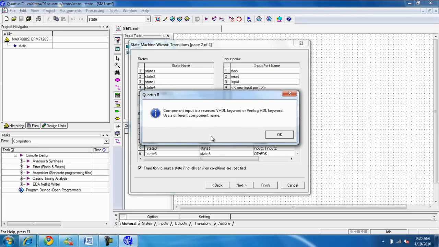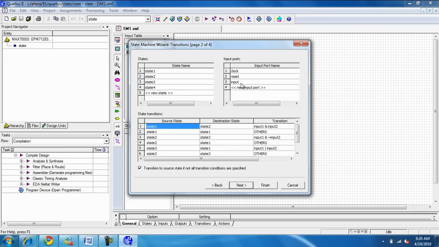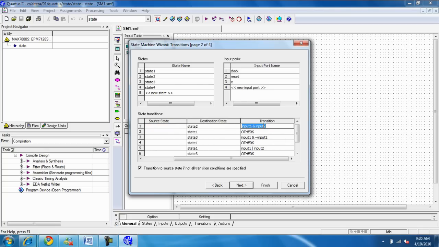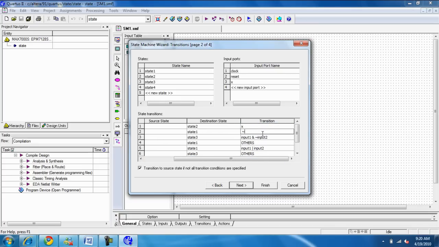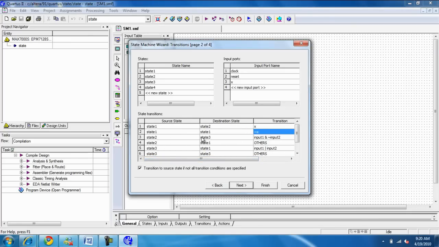Then the rest of it is trying to understand how those relationships are defined. And you can rename this thing to anything you want to. In this case, I'm just changing the input name to X, so it will reflect what we had on the table, and the states can change to anything you desire. So you can rename them to whatever you want. Now we have to define the state. So going back to the table, right? Right now we have